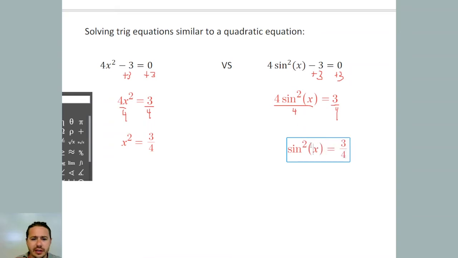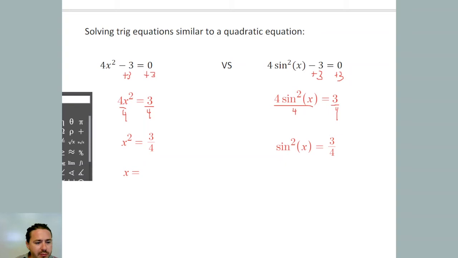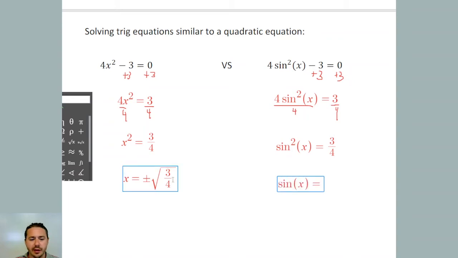And think about what we would need to do next here. We've got x squared equals 3/4. What we need to do is take the square root of both sides and then include a plus or minus so that we don't forget about the possible negative solution. So we'll have x equals, do I have a plus or minus symbol here? Yep, we got it. So plus or minus the square root of 3/4. Now we will simplify that, but I'm just going to leave it as 3/4 for now. Over here, you'd have the same thing. We'd just take the square root of both sides and get sine x equals plus or minus root